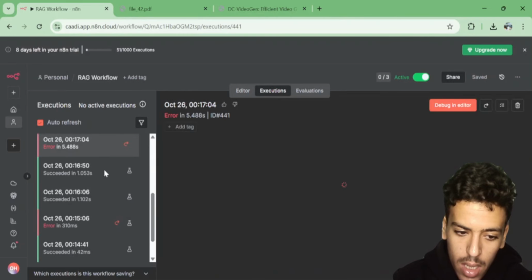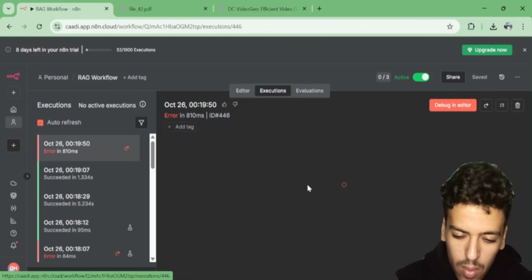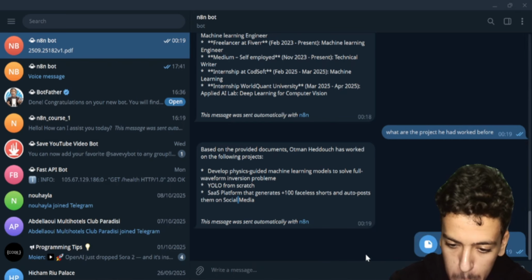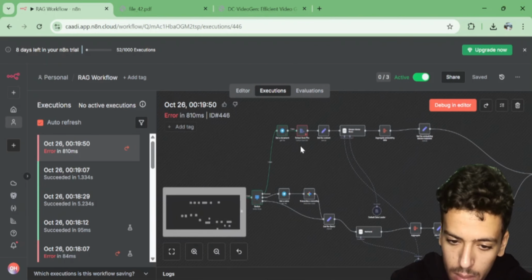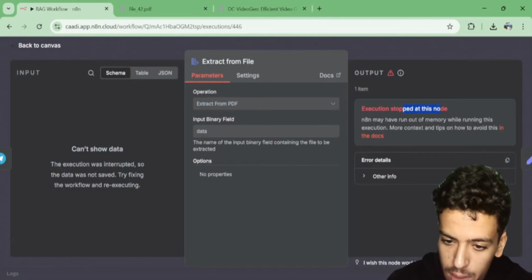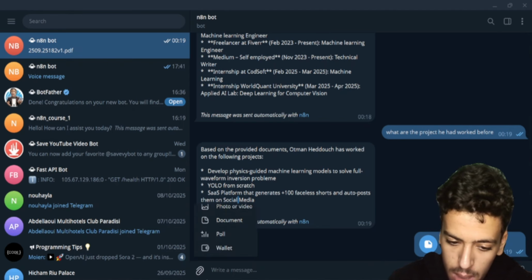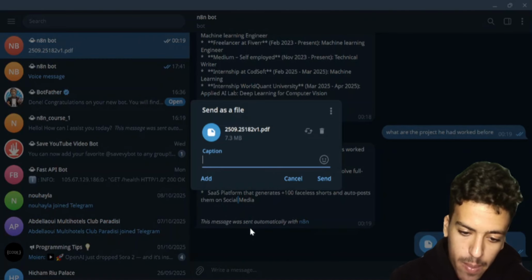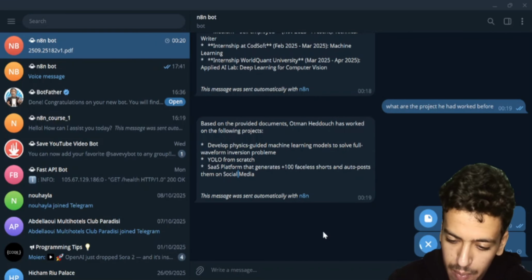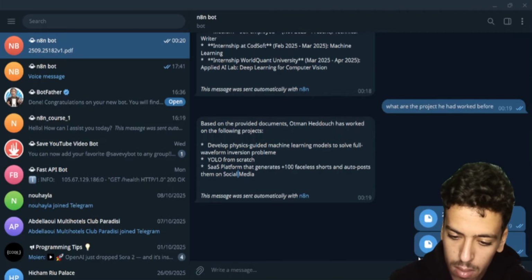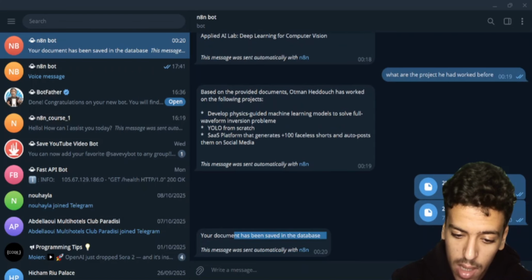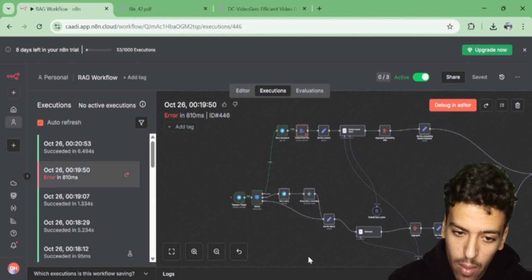Go to execution. Okay, so we got an issue here. Execution is stopped, so let me just repeat it. Send it back again. Alright, it has been sent. Your document has been saved in the database. Okay, so if I go to the paper,